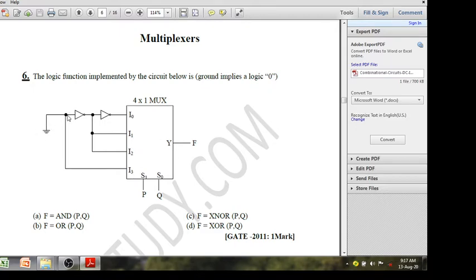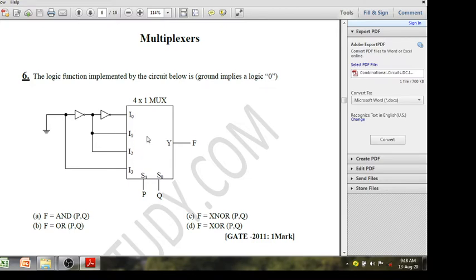So when you give from here, this is 1, again there is a NOT gate, so I0 is 1. Okay, I0 is 1. This is 0, this is 1, again I0 is 0. Okay, next this value 0, so it will give 1. I1 is 1. Similarly I2 is 1 and I3 equal to 0. So you can see here 0, 1, 1 and 0.